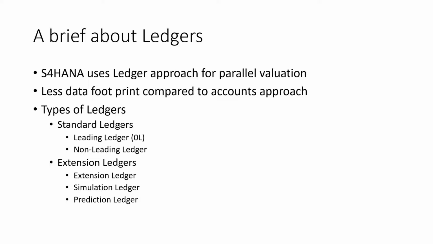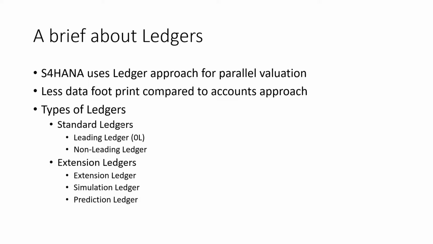Not only this, but in S4HANA, as we have a universal journal table, which is a single table for the data from all the modules like FI, CO, etc., it is difficult to do allocations for management purposes without any impact on the postings of FI, which is a legal limitation. So to overcome this, we need some other way wherein the management can play with the data and use it for internal reporting purposes. So for that requirement, we use extension ledgers.